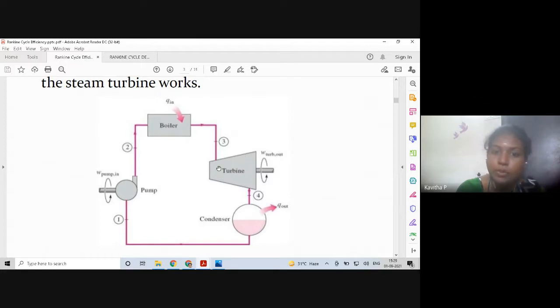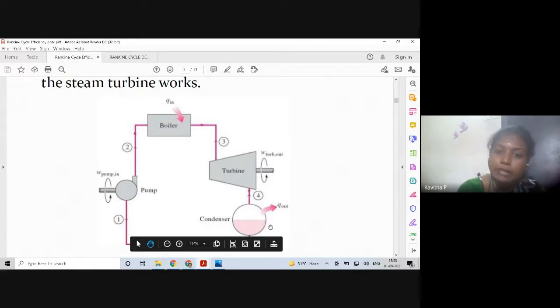After the rotation of the turbine, the steam coming out of the turbine will have a drop in the pressure value, and the condenser will operate at a constant pressure condition. In the condenser there is only a phase shift, from the steam being condensed back into water through the condensation process. And this water, since it is very pure, can be recycled over and over again. So this is the process taking place in the steam power plants.